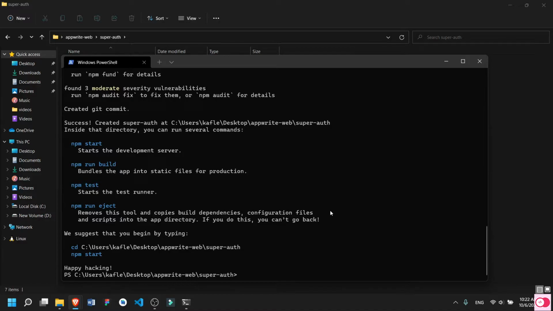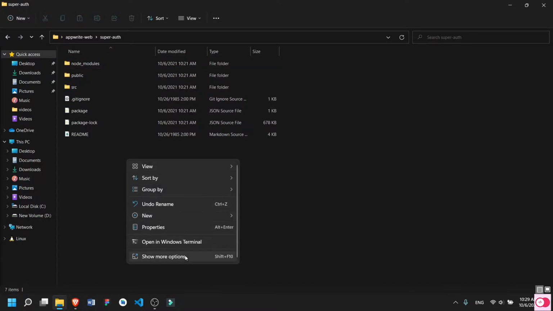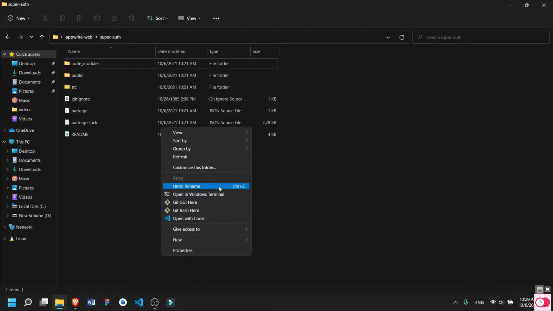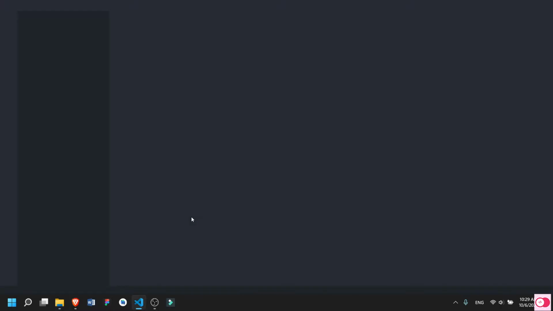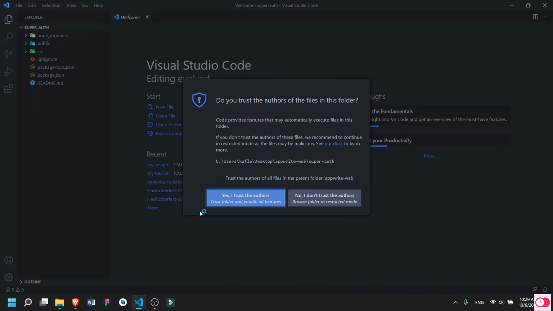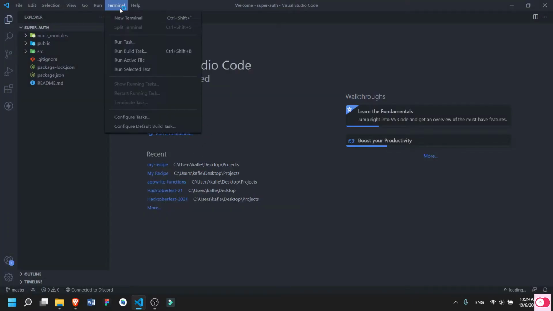Now we need to initialize Appwrite for our project. To install Appwrite, I will open this folder in VS Code. Open with VS Code. Then I trust this author, and let me open one terminal.